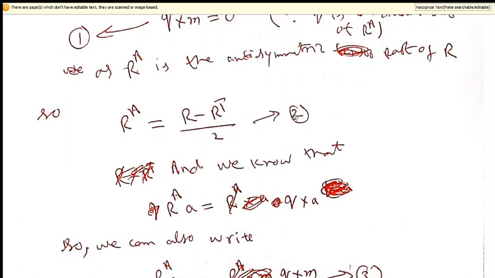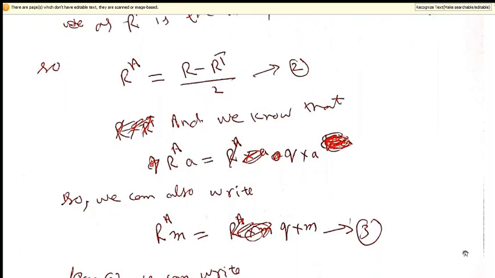So we can write with this equation RAM equals Q cross M. This is true for every vector A. So we are taking vector M because we are using our vector M. M is a special vector. This is in the direction of the axis of rotation. So we have RAM equals Q cross M.